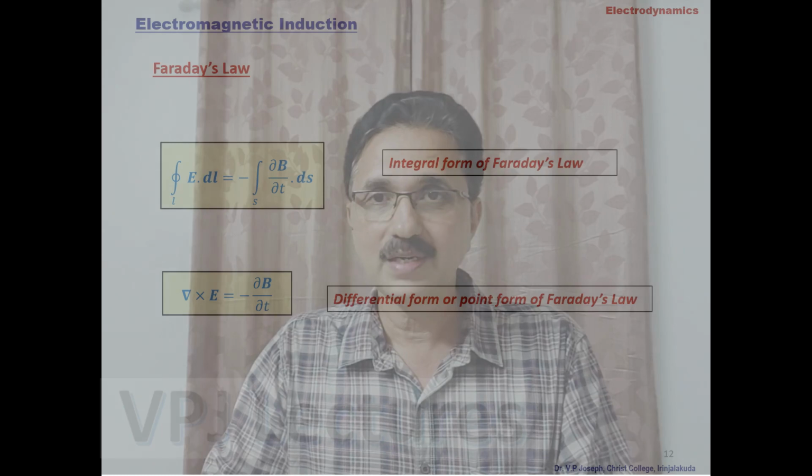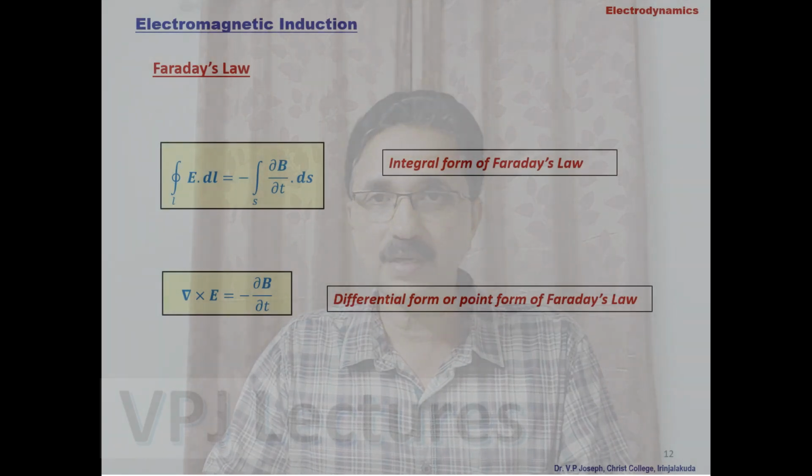That is, curl of E is not 0 in the case of electromagnetic situations. That is, closed electric field loop lines are there, just like magnetic loop lines. In electrostatics, there are no closed electric field lines. They start from a positive charge and end up on a negative charge or move to infinity. So there are no closed loops in electrostatics, but in electrodynamics, changing magnetic fields produce closed electric field loops. Del cross E is equal to minus dB by dt.